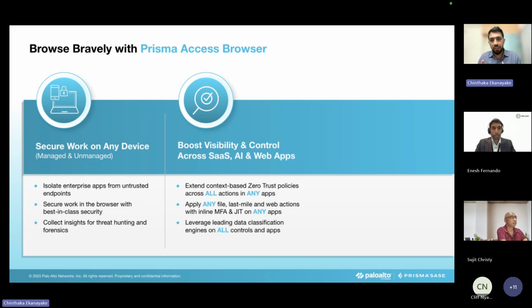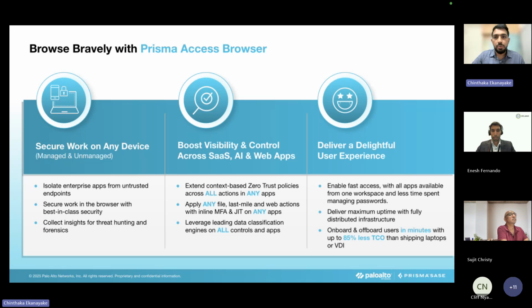That means you send a request, someone approves it, and only then will you be able to access those applications. And on top of that, we are able to do data filtering. That means data classification and data controls in the enterprise browser for the applications. If you're uploading something sensitive, we'll be able to detect it. If you're downloading something sensitive, we'll be able to detect it and take control over that.